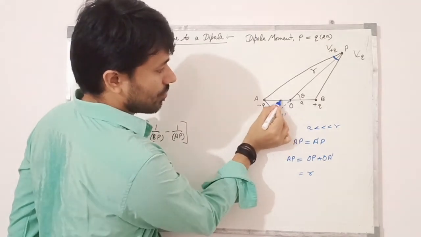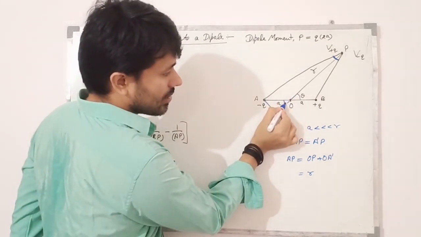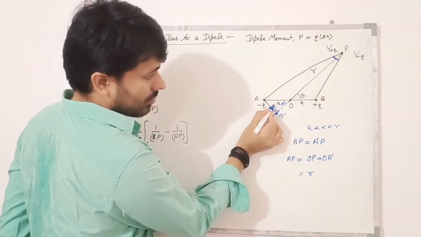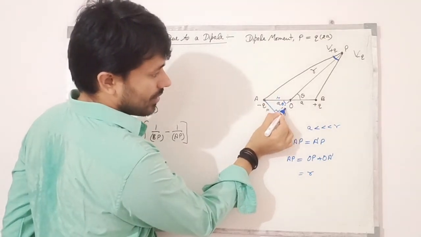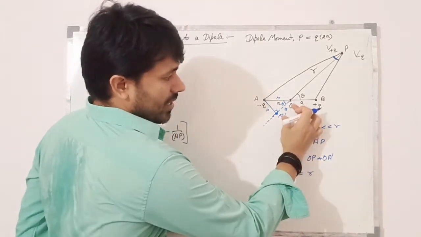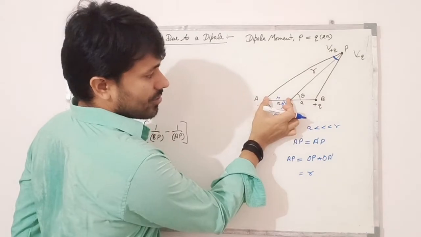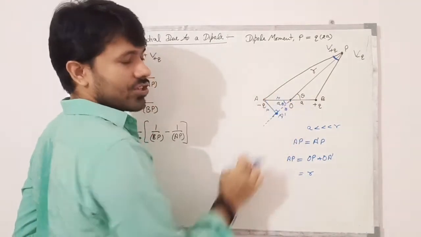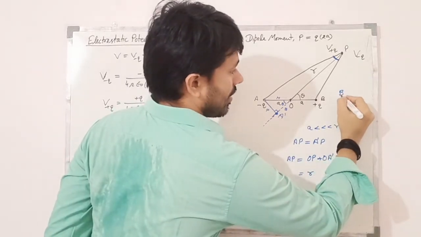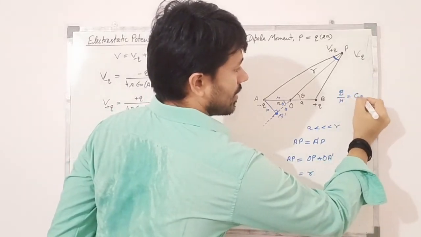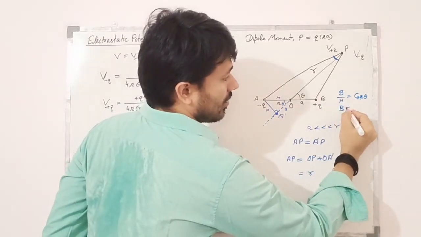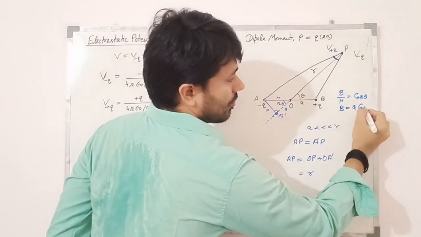A dash O. This is theta, then this is also theta. This theta means this is perpendicular, this is hypotenuse, and this is base, we can say that. So I find out the value of base, and this hypotenuse is what? A. So B by H is what? Cos theta. So B by H, I can say that this is cos theta. H is A, and A cos theta.